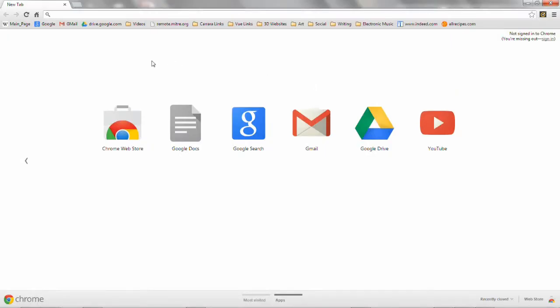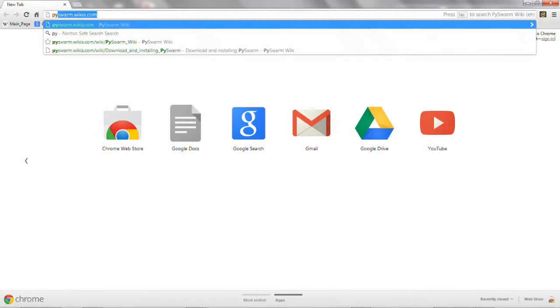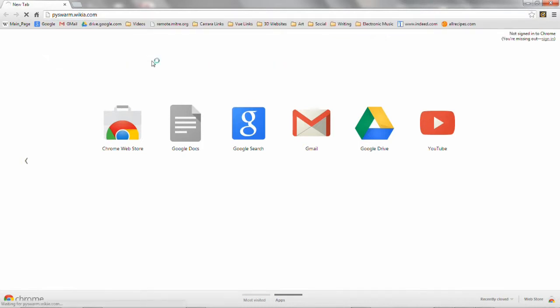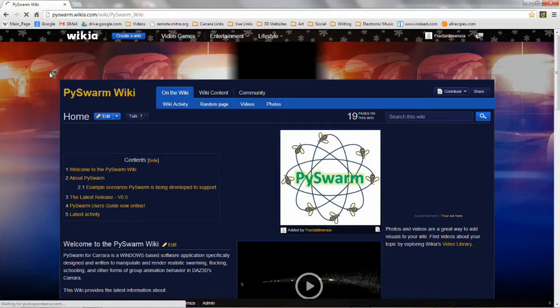Okay, the first thing I want to do is talk about what's necessary for downloading and installing the necessary components for running the PySwarm application. Previously I've posted information at other locations and I had it on the user's guide, but since I'm not going to be distributing a user's guide anymore, I started a wiki site for the information related to PySwarm. Let me just show you how to get there. You can type pyswarm.wikia.com